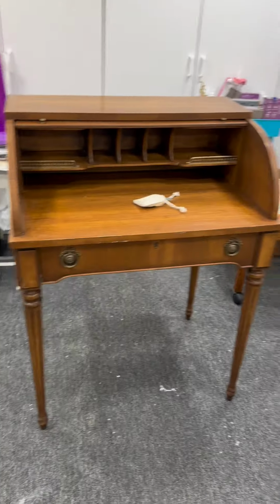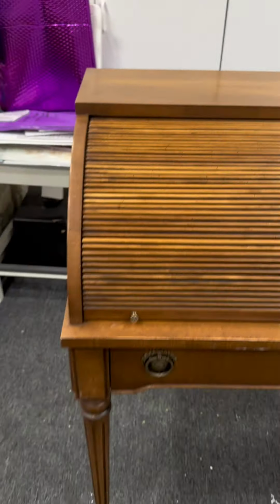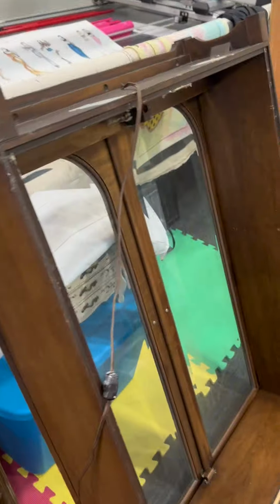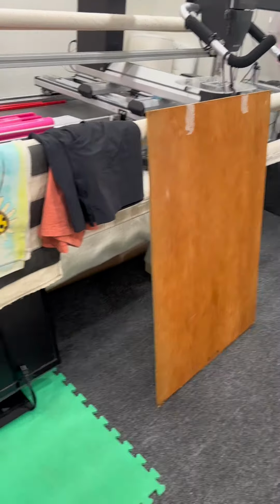Say hello to my next project. This is a beautiful roll top secretary hutch. Here is the top of it. This goes on top of it. There's a mirror that goes right here. It's leaning over here. I just took it out so I could clean it with my Dixie Belle